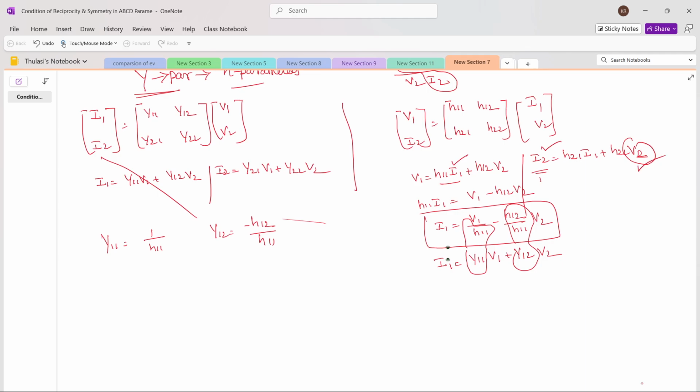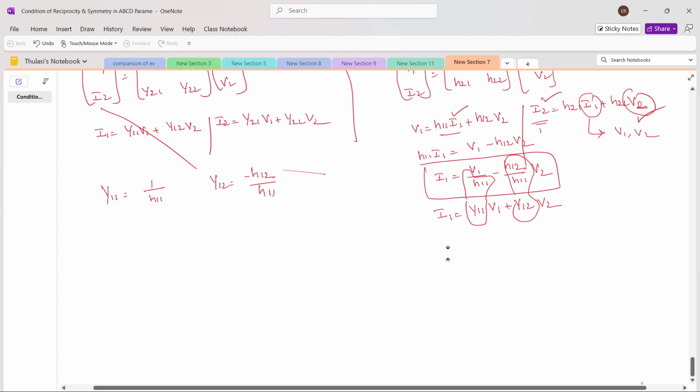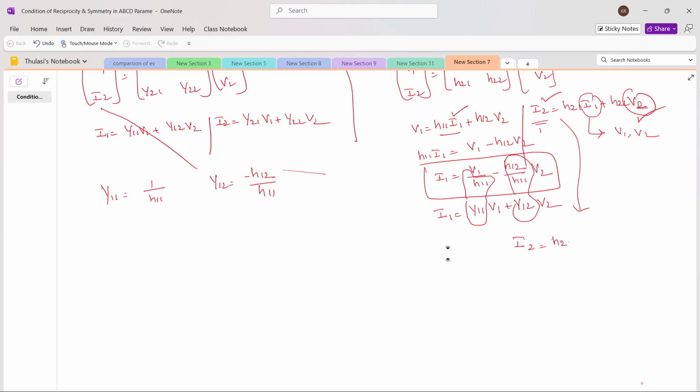V2 is already there, but I1 is the disturbing term, so we want to express this I1 in terms of V1 and V2. From here we can write I2 is equal to H21 into I1, which is V1 by H11 minus H12 divided by H11 V2. So this I1 is also expressed in terms of V1 and V2,